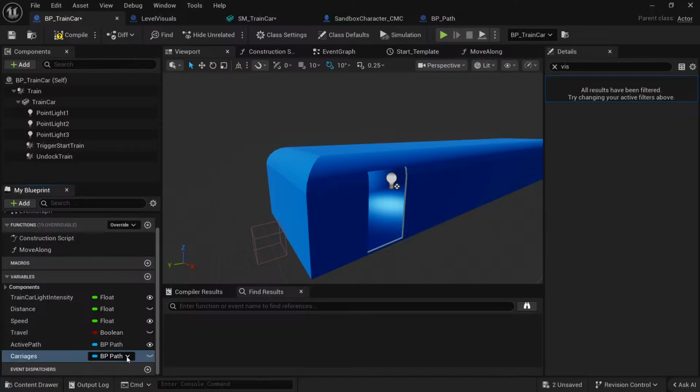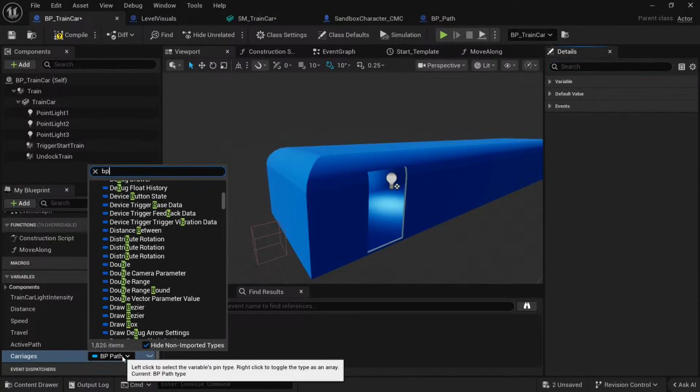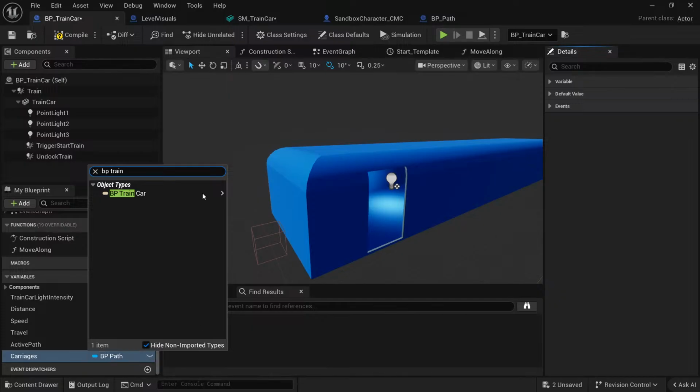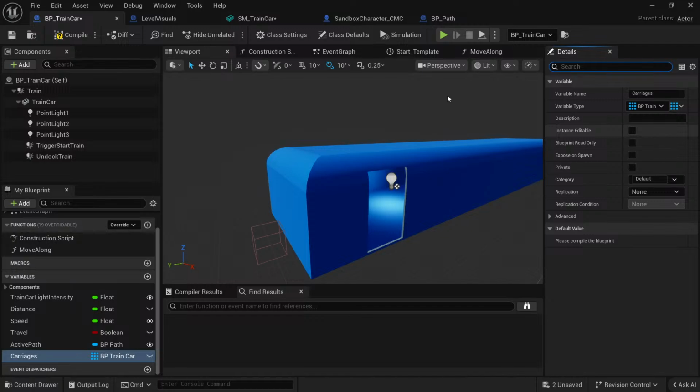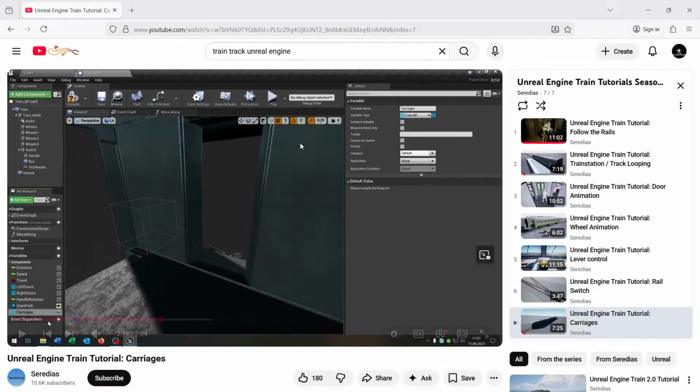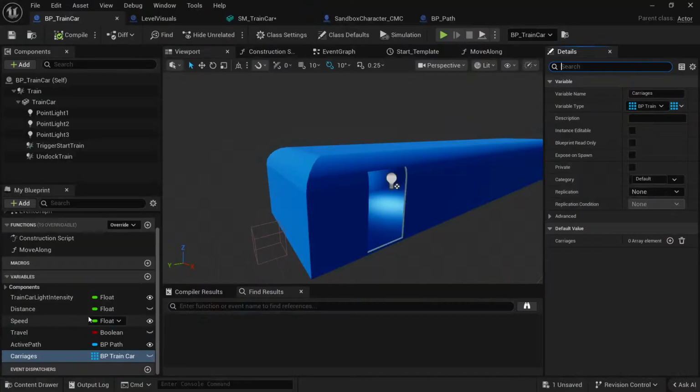I wonder if that is going to be instance editable. You can change the amount of carriages or not. And we make this public. Yes. Then